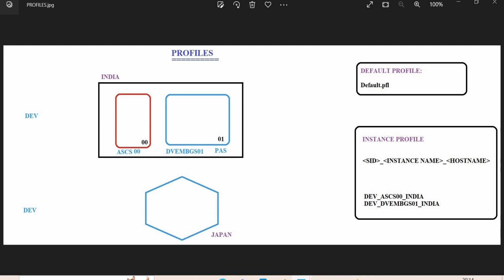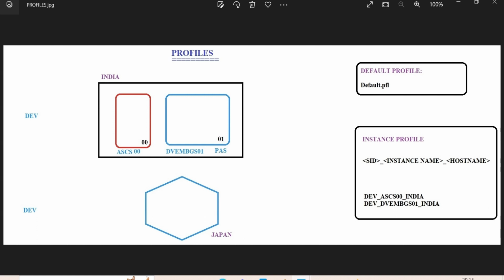And this instance number is different, the instance name is different, the instance host, the physical memory, the number of work processes. In this instance, I have message server and NQ. That information will be there. In this instance, I will be having dispatcher, dialog, background, update, spool. How many dialogs, how many backgrounds, how many updates, how many spools, what is the physical memory, right? All this information will be stored here.